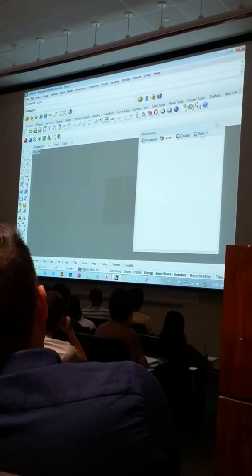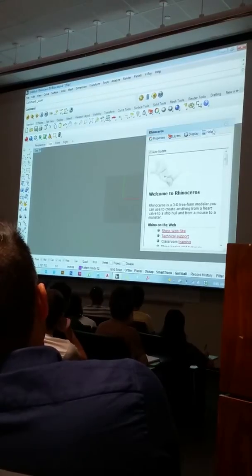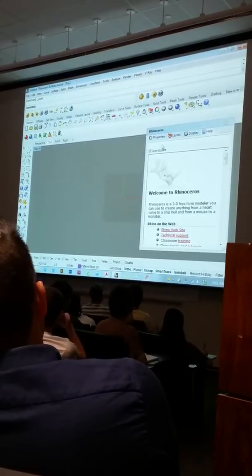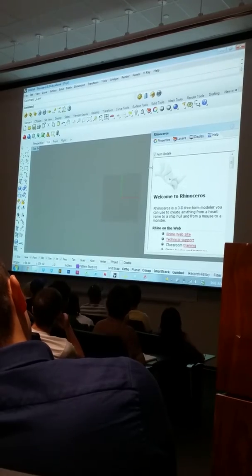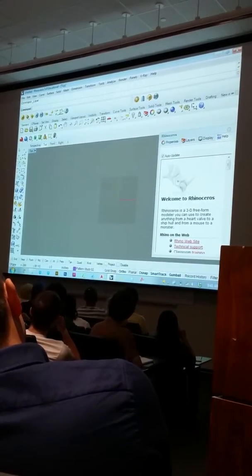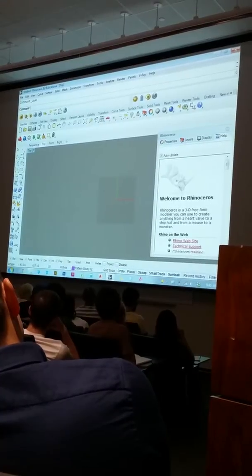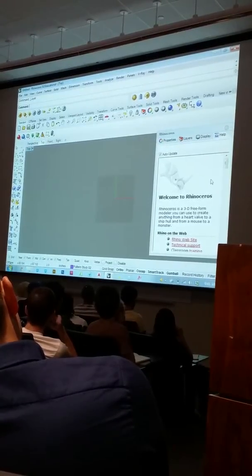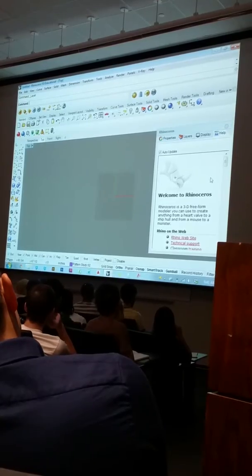You can also use the help menu. This is really important. When you click help, make sure auto update is selected. I'll leave this docked over here to the right. Whenever you choose any command, whenever you type in any command or choose any function on the toolbar, a little video will come up with step-by-step instructions on how to use that tool and